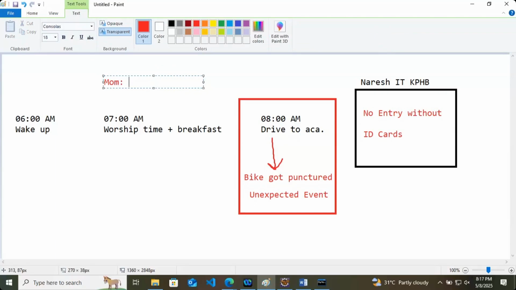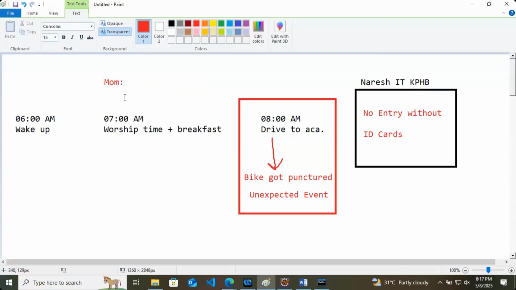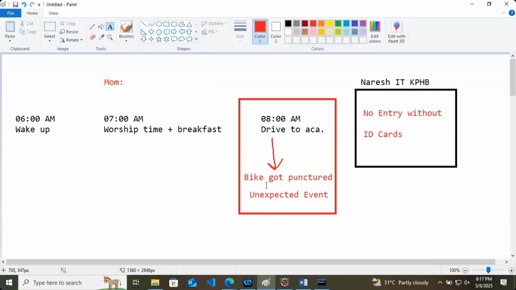Have you kept your lunch box? So your mom is having that one particular nature: she will check the problem. Now, mom will not say, okay, go carefully today, your bike will get punctured. No, mom cannot check this event, but she can check about your ID card.